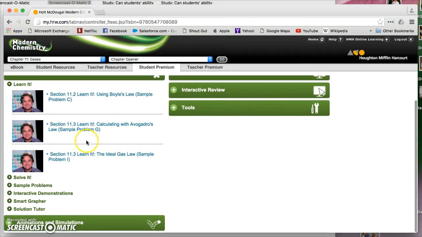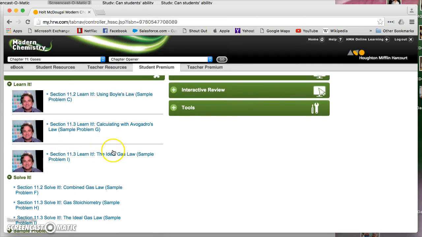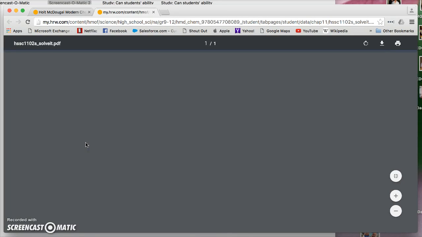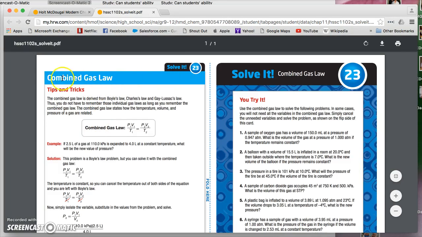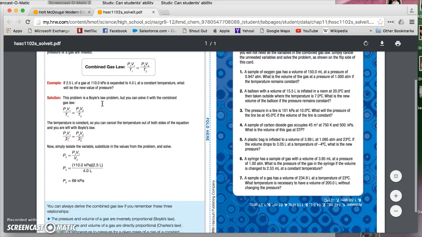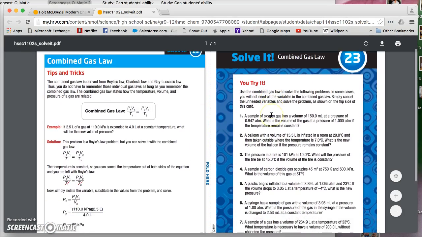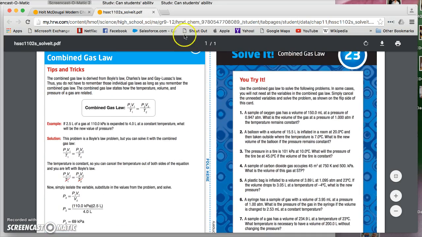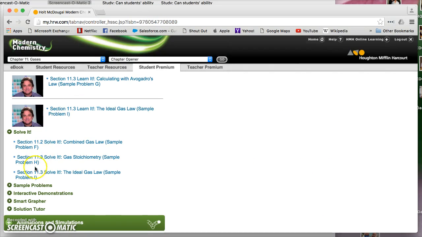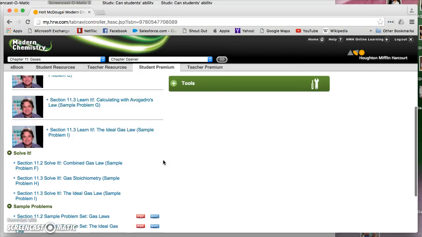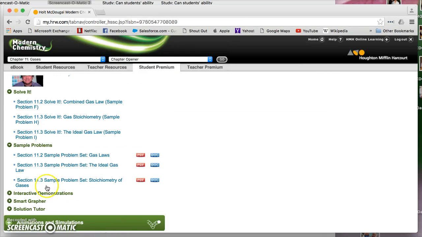Another thing we do is we have our Solve It cards. So students will have access to these. They can see tips and tricks for solving the problem, some examples, and then they'll actually get some additional practice problems over here. More sample problems are available so that if you don't have enough in the book, we have additional ones here,